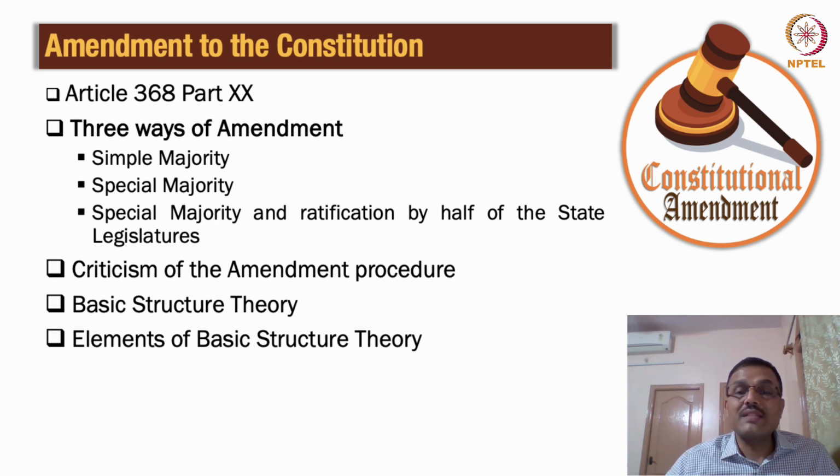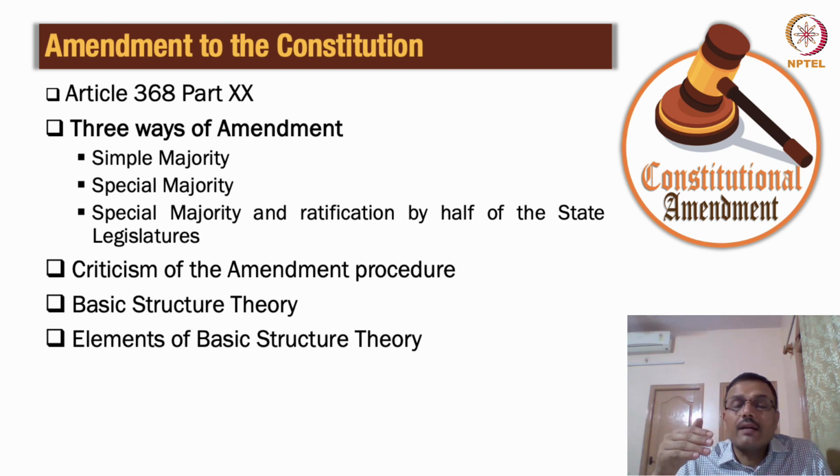Now let's move on to the basic structure theory, because as I told you, one of the aspects of the constitution is that the constitution is flexible. However, certain parts of the constitution are considered today, thanks to the Kesavananda Bharati case, to be very rigid. When I say rigid, it means they have been given a special status; they are called the basic structure or the basic feature of the constitution, and these features cannot be changed. They cannot be amended at all, and the law has continued to stay the same, right?